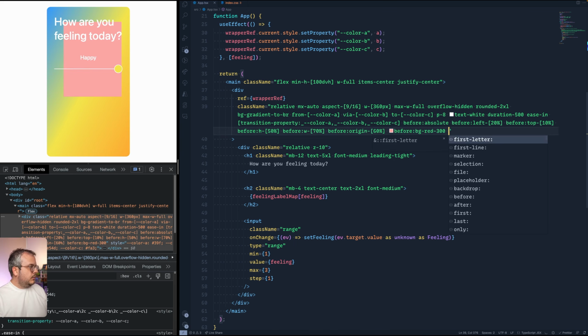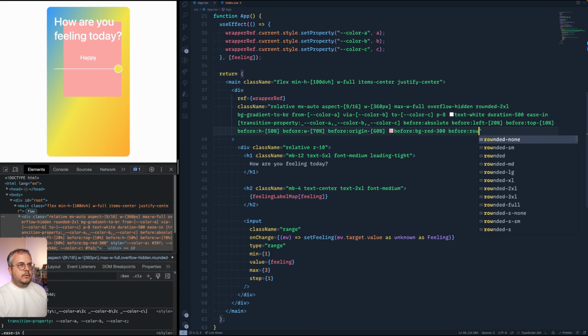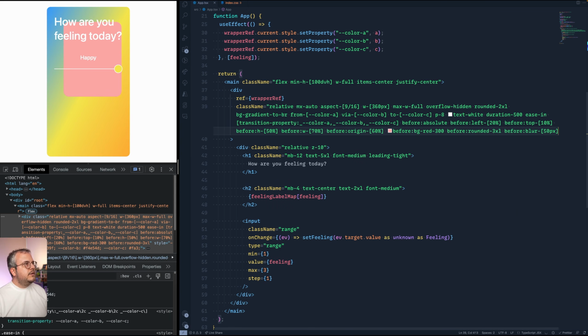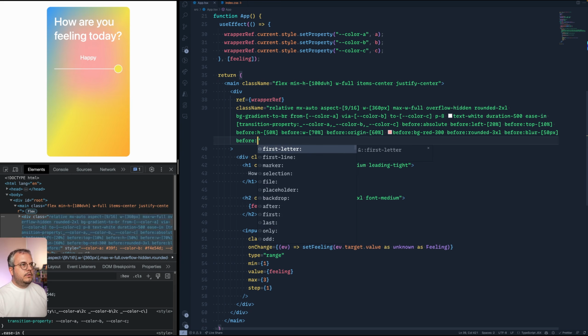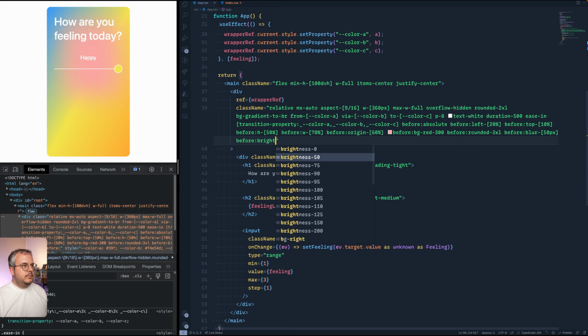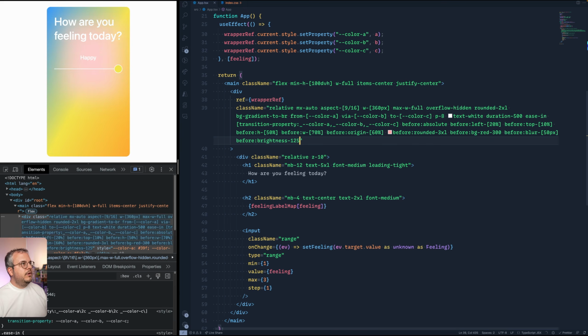Because I also still want to add a before rounded 3 extra large, so it has some rounded edges. And what I also want to do is I want to blur this thing. Blur with, for example, 50 pixels. So you see that the blurriness already gets there. And I also want to turn up the brightness a little bit by making it 125%.